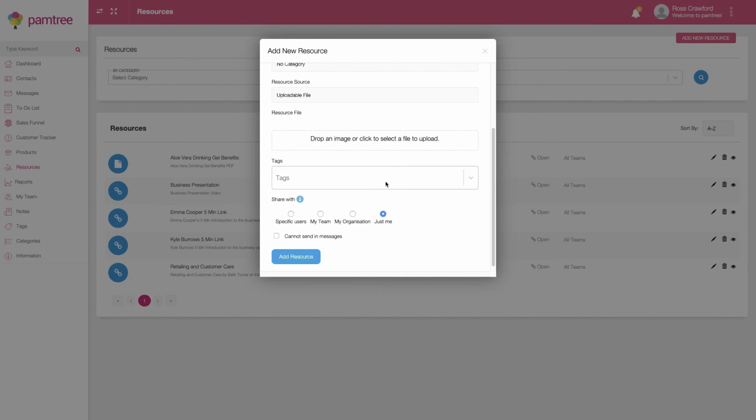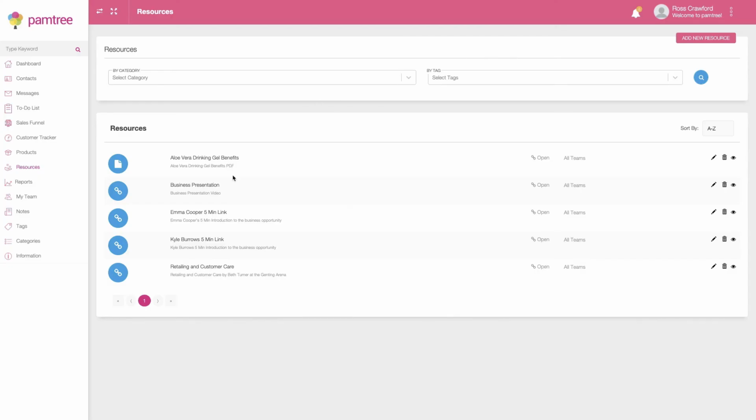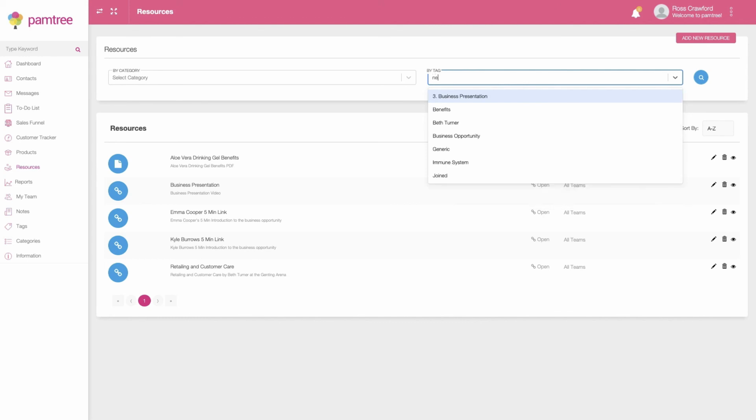But just like with products, the power really in resources is the tagging and how that works. So if I show you some examples here of these ones we've got here, as you get loads and loads of resources, depending on the longer you've been in the business, and if you've got a big team, you'll have loads of training videos as well as loads of prospecting and retailing resources. So you might find that new team leaders, new team members come in and they want to know what's good for